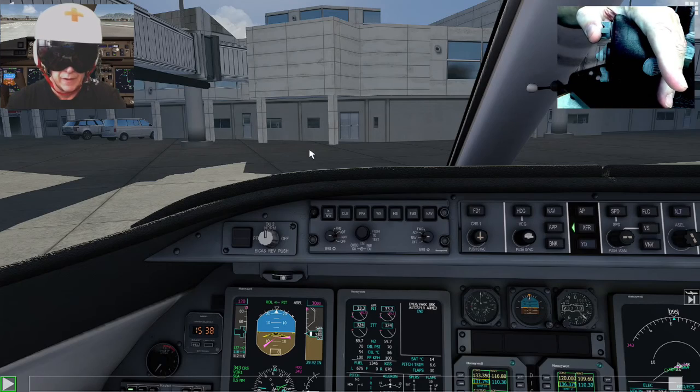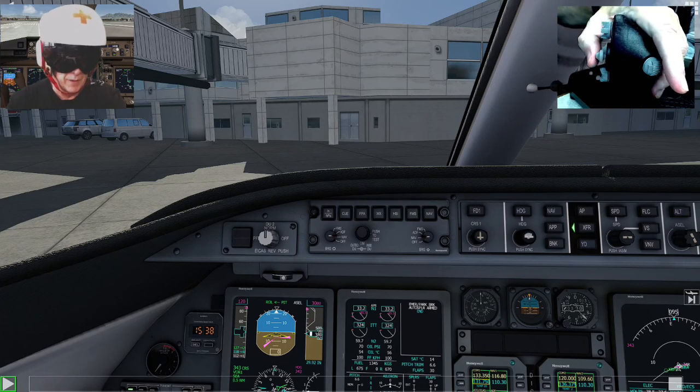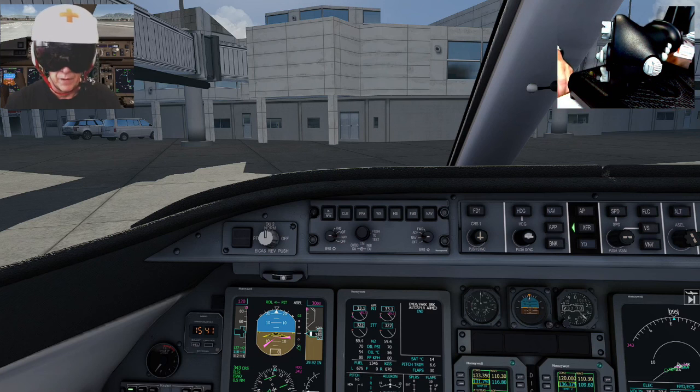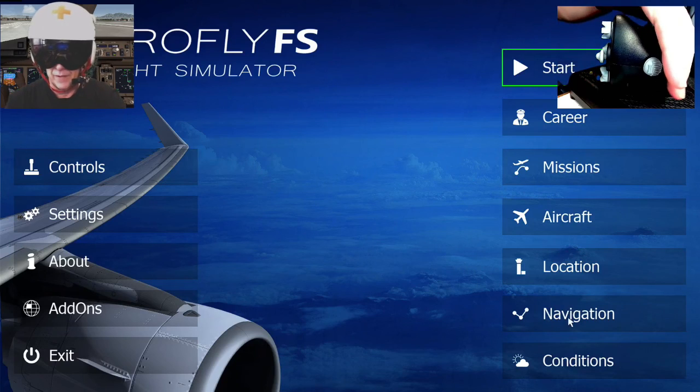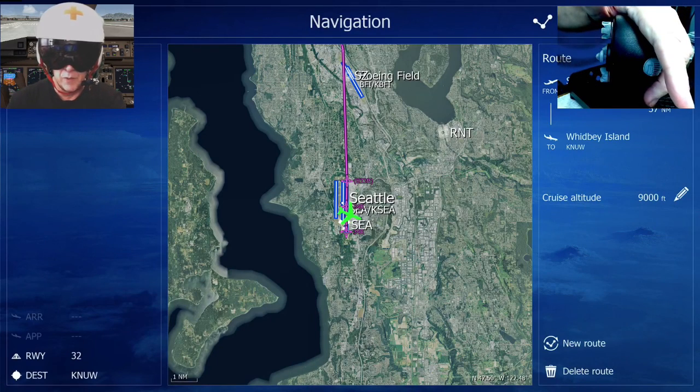I can jump back into the aircraft here. And let me go back. So that was a landing. It was a successful landing. Every landing that works is good. So that's the navigation. And again, if I want to go from A to B, so if I were to